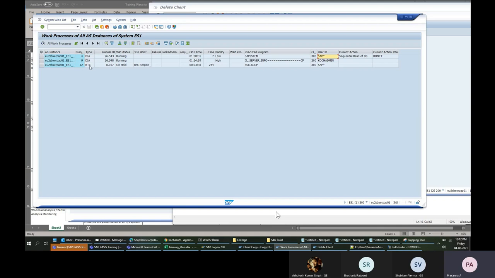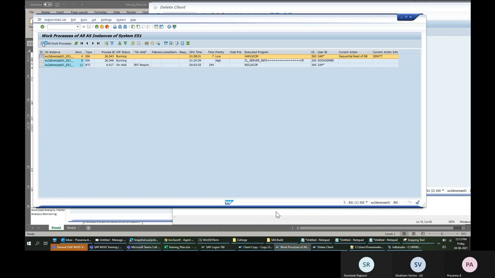Still it's doing something. The reason it's not able to get a lock is it's waiting for something. It didn't cancel properly. It's still running in the background. I have to cancel it manually. Let it be, I'll check this later. Okay, so that's the concept of background.